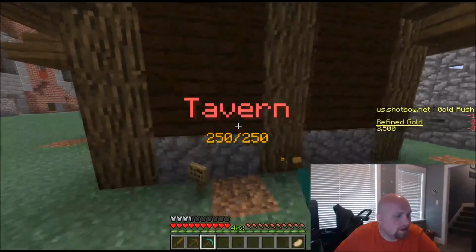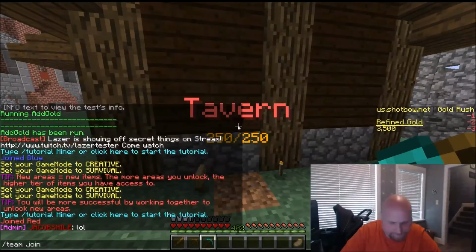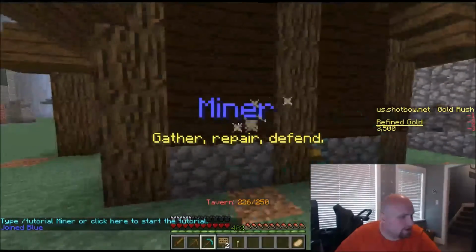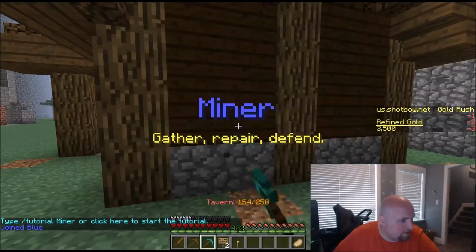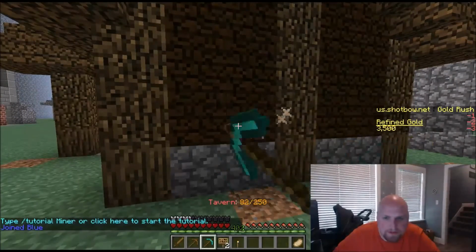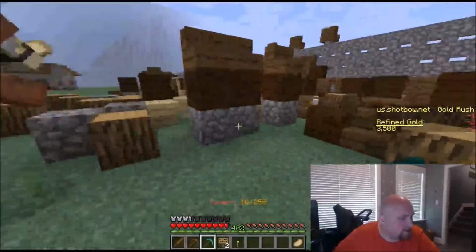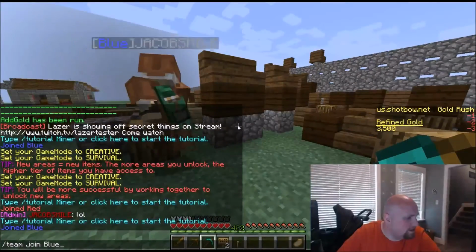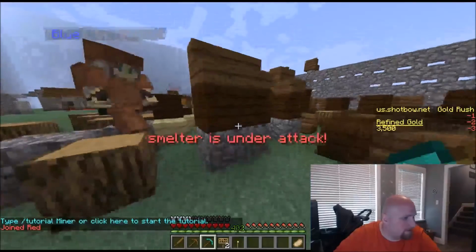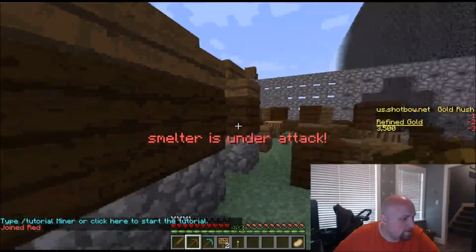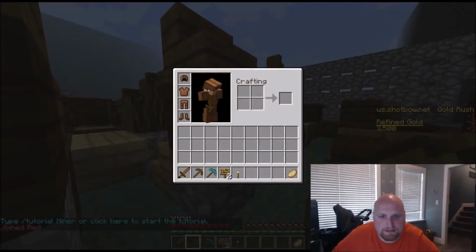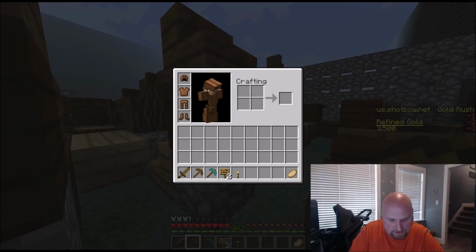Let me try with a wooden pick, just real quick, just in case. It should be the right tool because it says it's pickaxe. I think I'm just terrible. That's all. Join red. Let's try this. Nope. Not working. Okay, so let's get this. You have a pick. It should be working. Okay, so we're probably not going to get to that point.